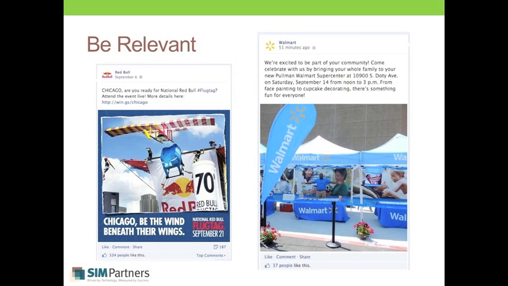It's also being relevant. You want to have content that's relevant to your business and what you do, especially if you're a local business. Put something out there that people who live in that area are interested in and want to engage with. If you're in the Chicago area, you're going to put something that's related to Chicago, or it could be a region.